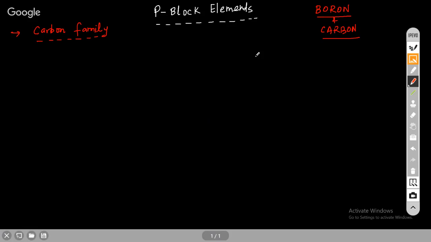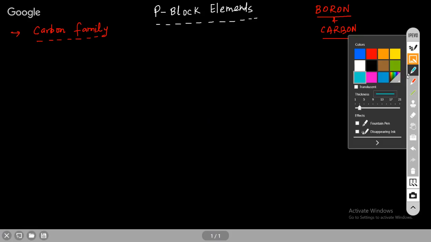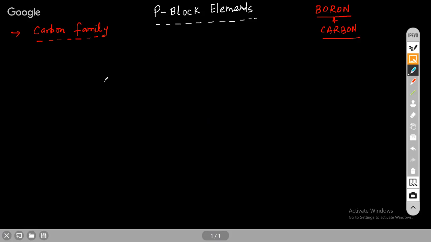Yes, mostly we'll finish P block today, boron family and carbon. Like I said, we will not discuss everything. You have to study NCERT. Important things we'll discuss today. Anyway, we'll figure out what we'll discuss on Saturday. We'll let you know. So today we are going to start carbon family, and then we'll do boron also. So you see in carbon family, these are the elements of group 14.